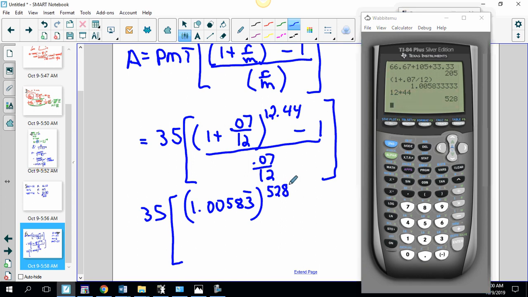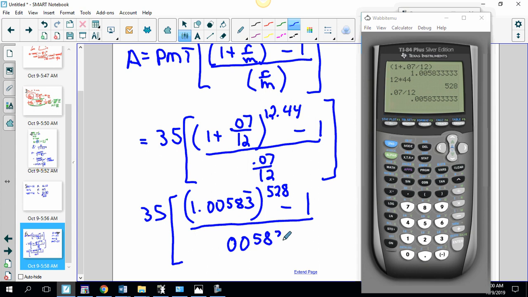That's 528 payments of $35, minus 1, over 0.07 divided by 12, 0.00583 repeating. So we're going to take that 1.00583, assuming I typed in all those digits, raised to the 528, and I get